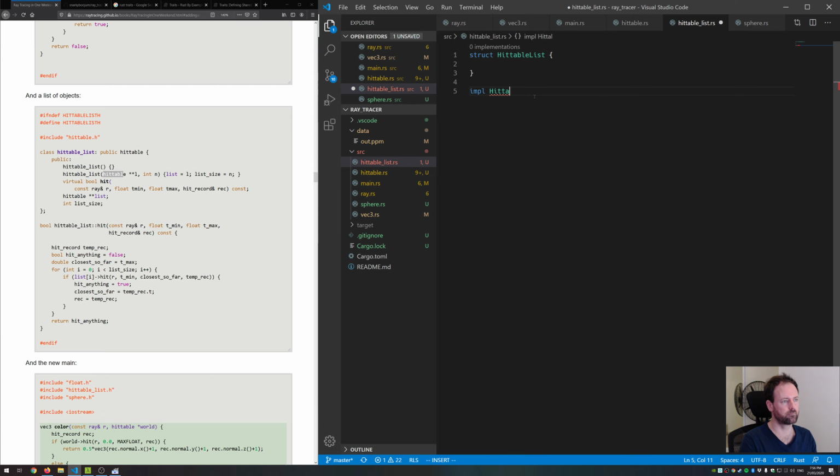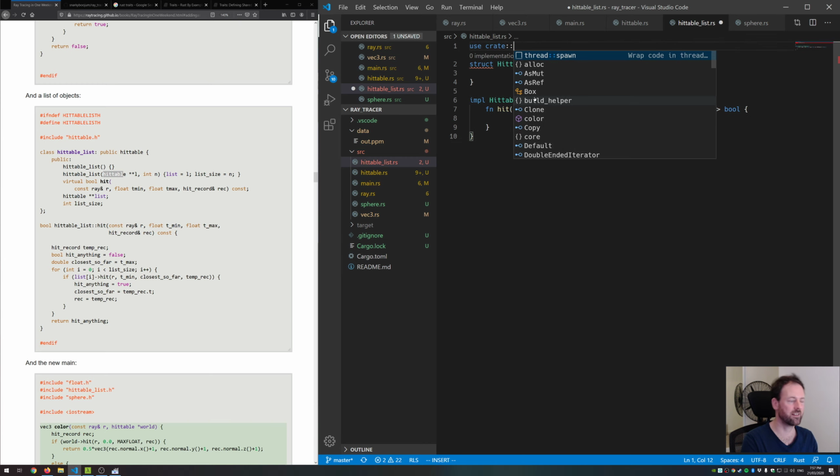which means we have to have a hit method. It satisfies the same things, so array, tmin, tmax, and record, which is a hittable hit record. Okay, which means up here we need to do the same thing, use create